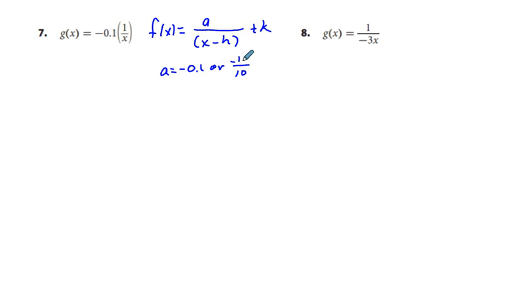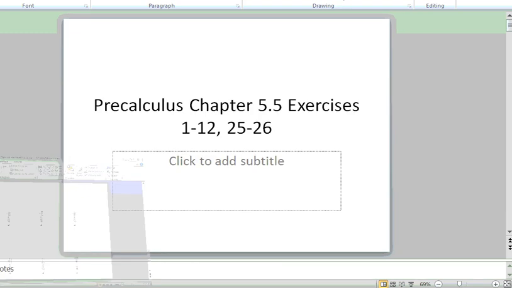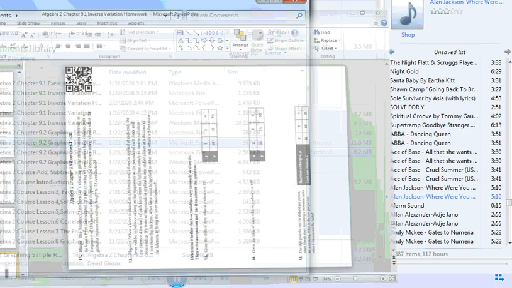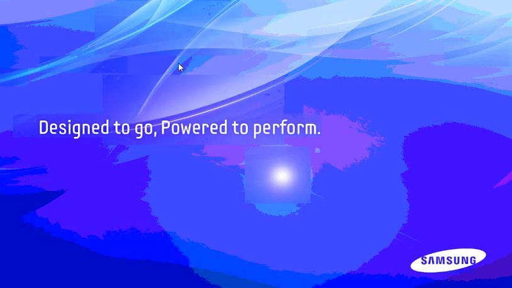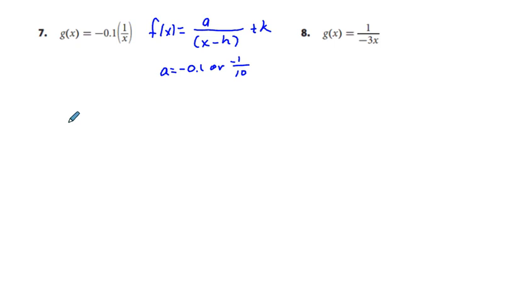So a couple different things are happening here. First, the negative sign is going to reflect the graph of the function about the x-axis. I'm actually going to do that in the calculator here too. So here we are with our Smart View calculator. There we go. It's coming up. Let's go back here. Okay. Let's say for this one, f of x